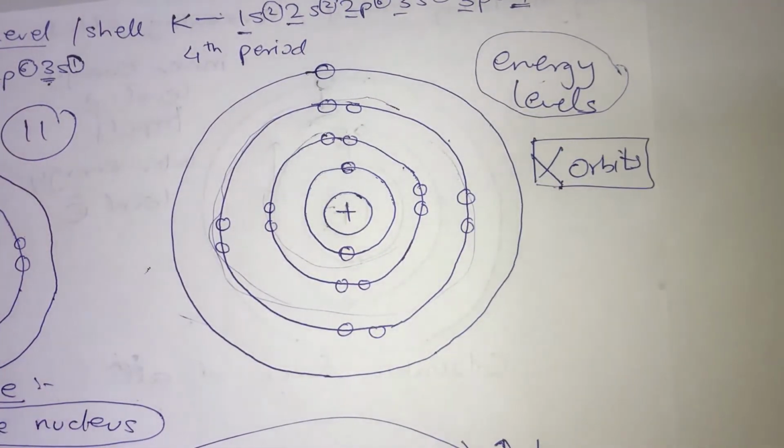Now, what is the difference between energy levels and orbits? If you don't know that, then I request you to clear the basic concepts of chemistry. And if you want to know the difference and the real fact behind the structure of an atom, then I have already made one video on quantum numbers and shapes of orbitals. Now you might be thinking that you already know what quantum numbers and shapes of orbitals are. But no, in that video I have explained many concepts which are going to help you a lot. I'm seriously telling you that these concepts are going to help you a lot. So make sure you watch that video.